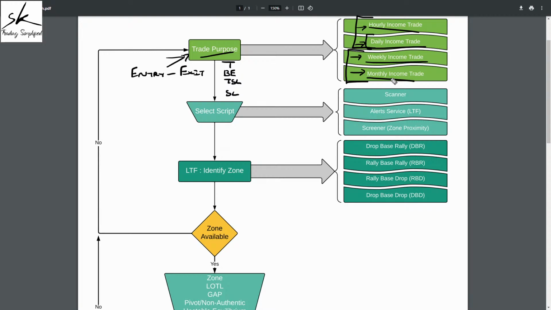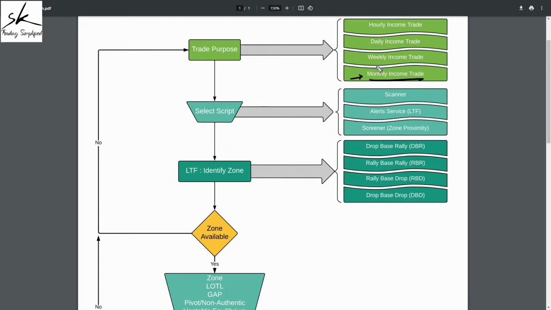But that does not mean that you cannot have a gap against you when you're planning weeklies and monthlies, right? You can still have a gap against you, but the probability definitely reduces. One, because you're using bigger time frames, and two, since you're using bigger time frames, at times the zones are also pretty wide, which can absorb a gap against you. Price might not gap beyond your zone. It might go maybe a little deeper into the zone, which is where the probability definitely reduces. But yes, you can still have gaps against you even for weeklies and monthlies. As you start having more and more experience, if you want to include daily income trades as overnight trades, that can also be done. So my step one is I need to define my trade purpose,